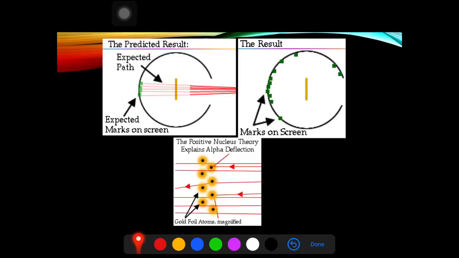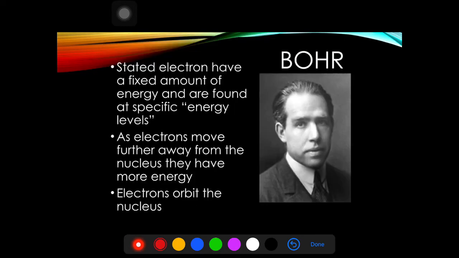Here is, again, the gold foil experiment. You've got alpha particles, they're shooting at a piece of gold foil. He's expecting them to go right through because he's expecting that positively charged area to be like goo, like plum pudding. But instead, the alpha particles are mostly going through, but occasionally hitting something and going off in the other direction. And you can see here up close what it looks like.